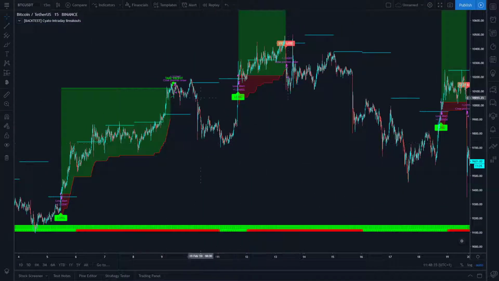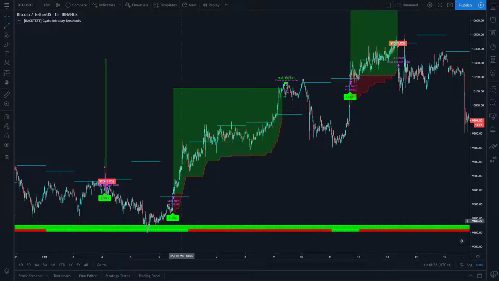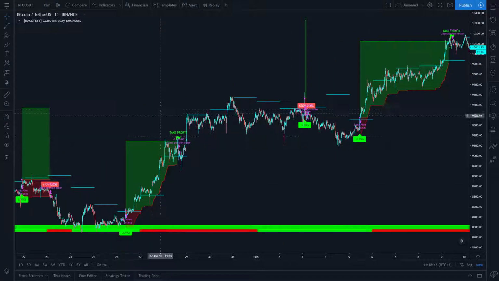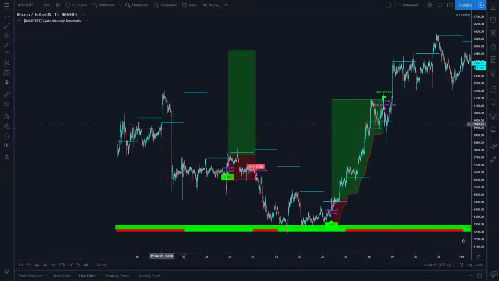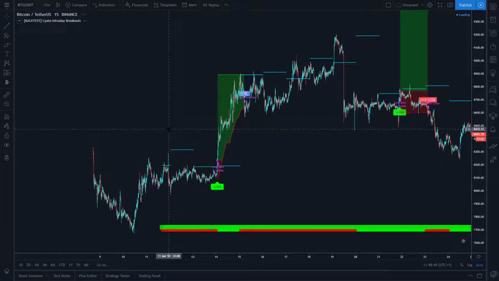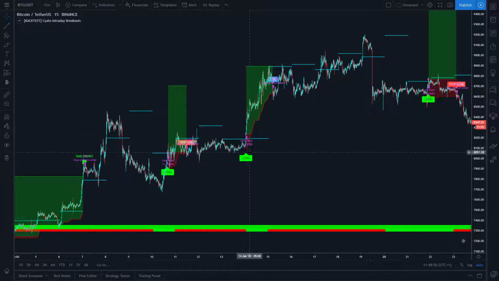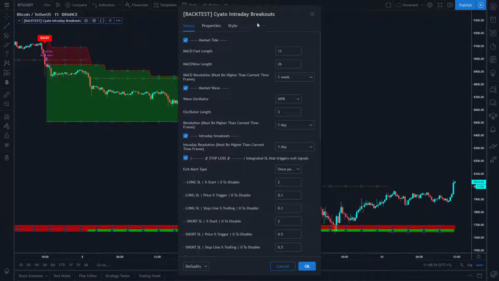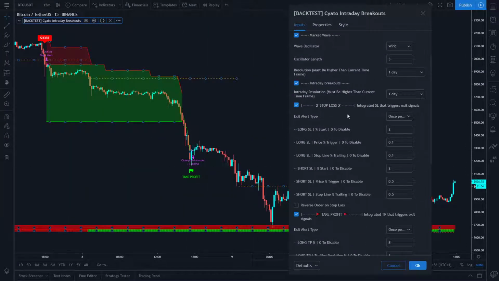So the indicator works like this, basically. We got all the three screens on a single time frame, and we avoid repaint by using higher time frame. And we add to that a trailing stop loss. I'm going to show you guys in the parameters how it works. So we got the stop loss section here.